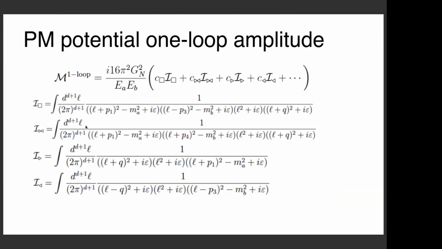So we can write out the various integrals. We see that the boxes have 4 propagators and 2 of them are massive. The boxes come in 2 variants. There's the one that crosses the graviton propagators, and there's the one where the propagators are going straight across. Then we have the triangles that have 2 massless propagators and 1 massive propagator on each side of the 2 diagrams.